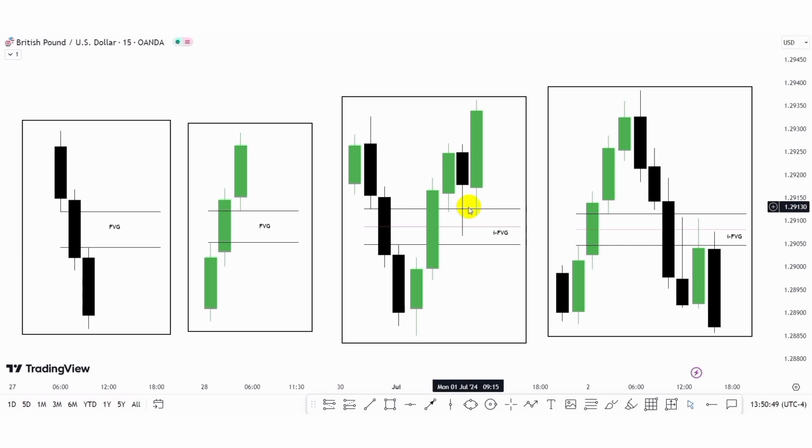So guys, let's head to the charts so you can understand how to utilize the inversion fair value gap in your trading system, because the inversion fair value gap helps to serve as support or resistance to price depending on the market's condition. So guys, what we can see here from the chart is our conventional fair value gap, where we have a series of 3 momentum candles to the downside, because what you can see here is actually a bearish market condition. So from this candle's wick low point to this candle's wick high point,